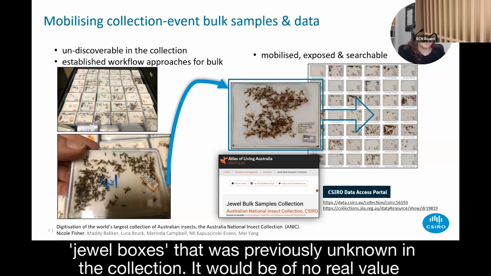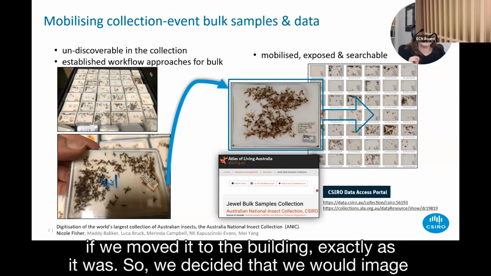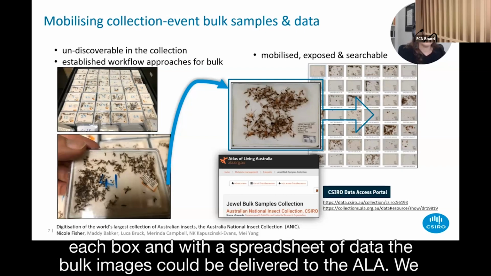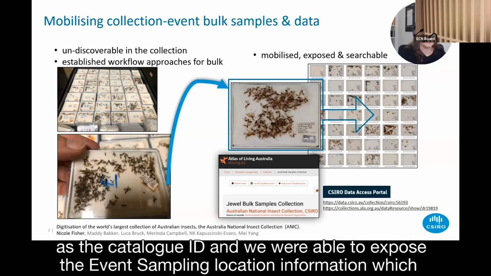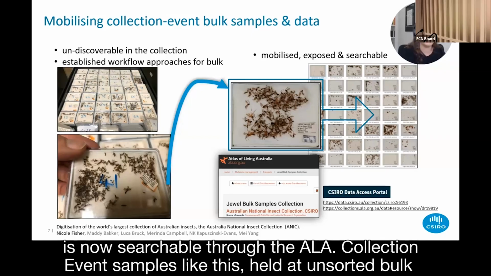It would be of no real value if we moved it to the building exactly as it was. So we decided that we would image each box, and with a spreadsheet of data, the bulk images could be delivered to the ALA. We used the location of the jewel box within the cabinet, the drawer, and the box number as the catalogue ID, and we were able to expose the event sampling location information, which is now searchable